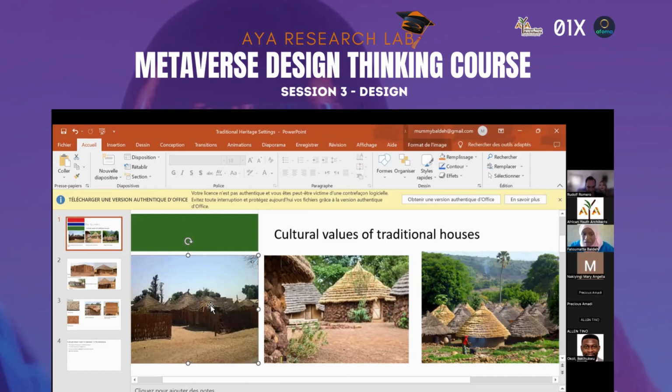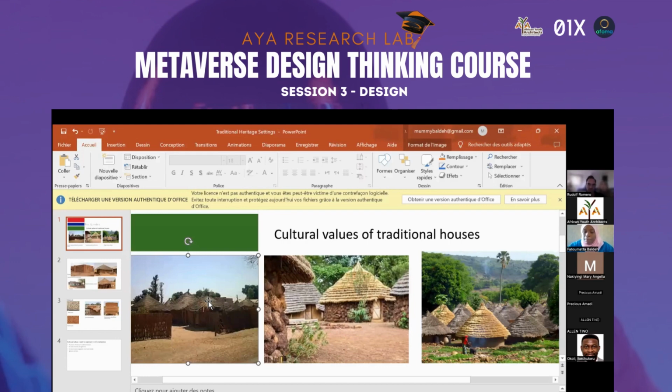For example, here it's a traditional home, but the hut of the man is always represented in a circle form to show the centralization, that everything centers around the man of the house, who most of the time will have up to 3 to 4 wives, with their children and all that.